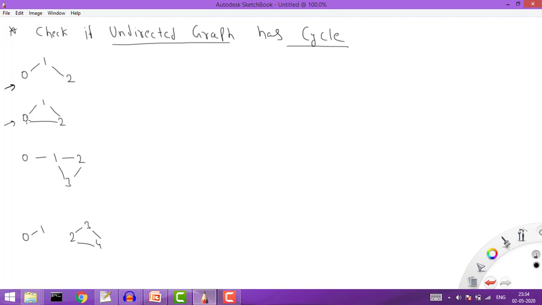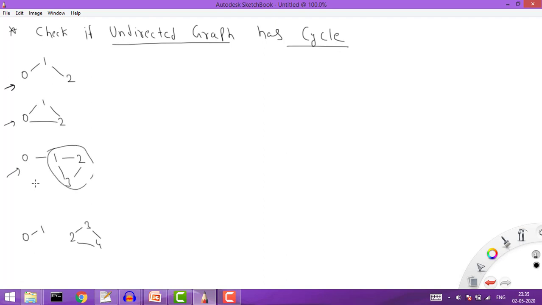and 2 to 0. So what does a cycle mean? Cycle means that if I start from a point, can I again reach the same point? Like here in this case, if I start from 0, I can again reach the same point. If I start from 1, I can again reach the same point, right? Now see here, whether there is a cycle. Yes, here we have a cycle for this case. We have a cycle for 1, 2, 3. So there exists a cycle.